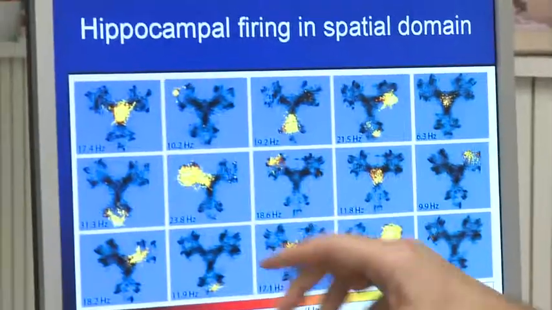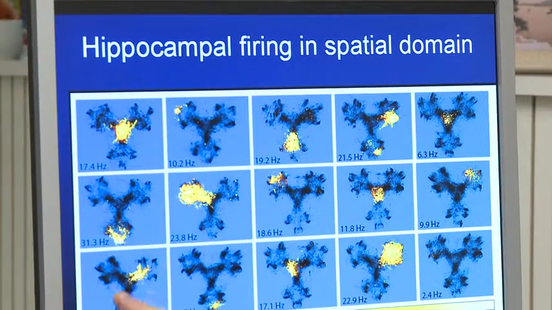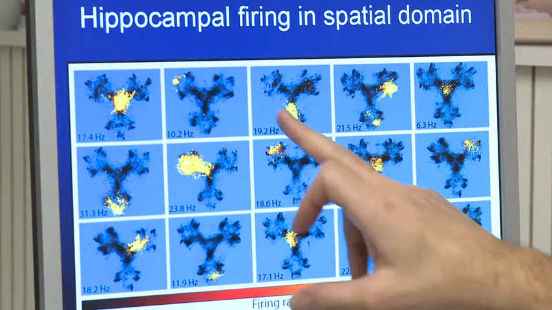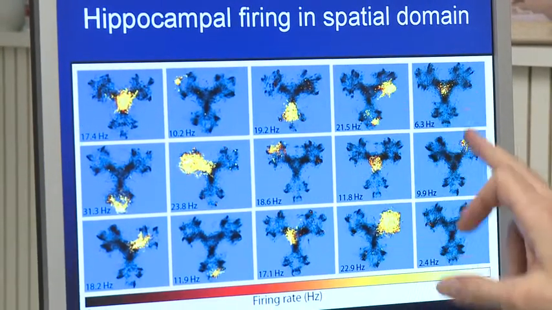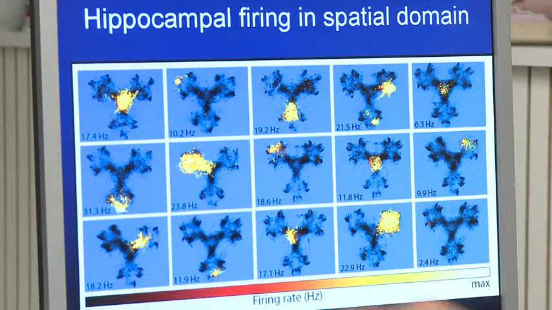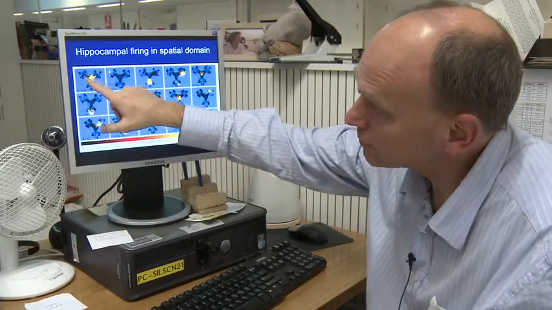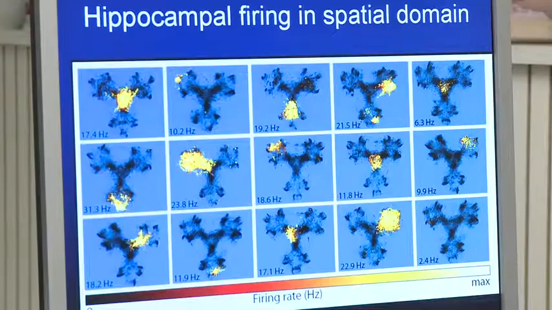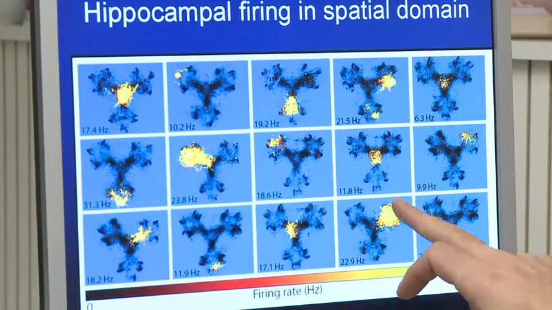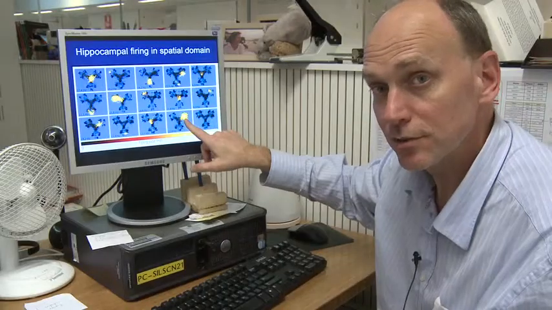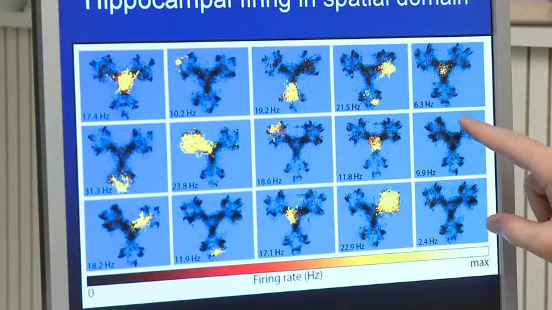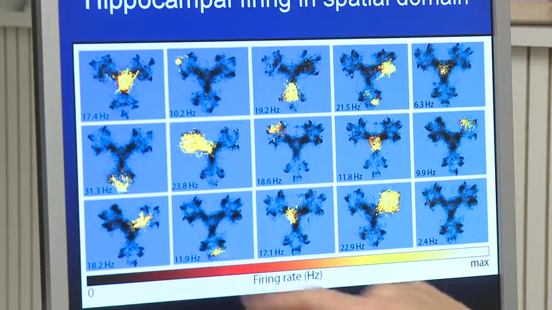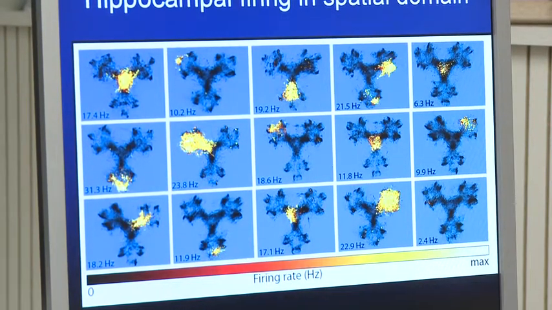So in the recordings we make now from rats that perform this Y-maze task, we make again hippocampal recordings. These are each hippocampal cells. In black we have the total pathway of the rat. In yellow is the density of the firing. And this cell, for instance, fires very much at the center of the Y-maze, at the central platform. Other cells fire in an entire box, like over here and here. But some hippocampal cells fire at very small places, like only at this reward site. So the hippocampal firing is very place specific.